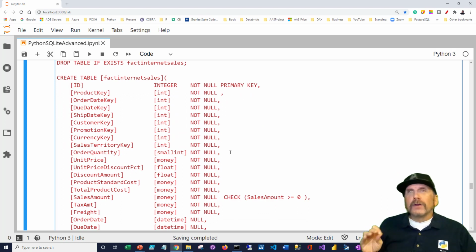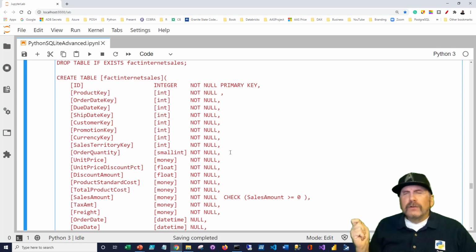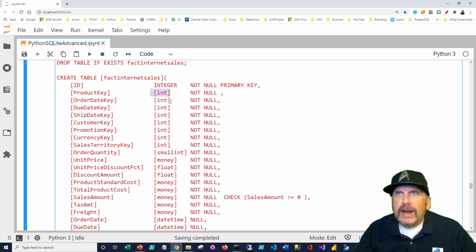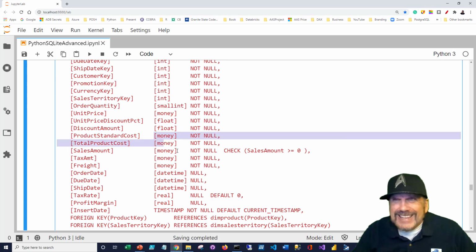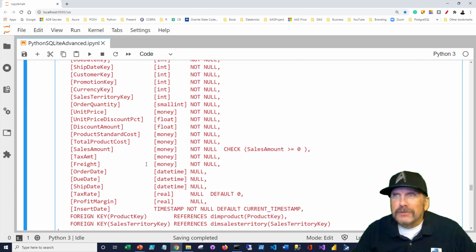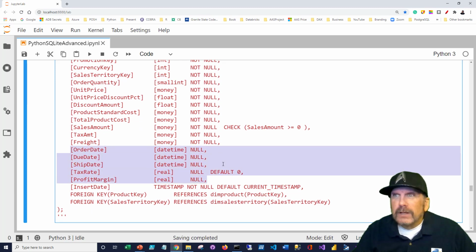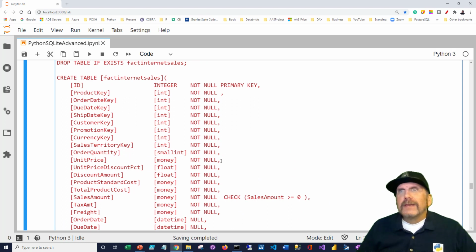Now here's a really key thing also. I didn't want to have to type all this in by hand, so I went to the SQL Server Management Studio and I generated the create statement for a given table. I did that for fact internet sales, and then I just deleted the stuff I didn't want. And for that reason, you see ints and brackets around things. Notice the brackets, the int, small int. Small int is not even a type in SQLite. You have floats, money, which is a weird one I don't even use typically in SQL Server. You have date times and real. So all these things, the nice thing is SQLite understands it, and I don't have to retype everything into SQLite